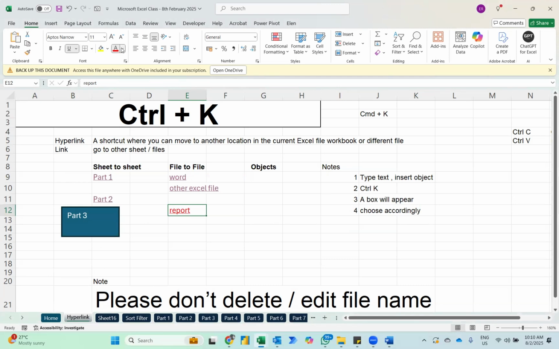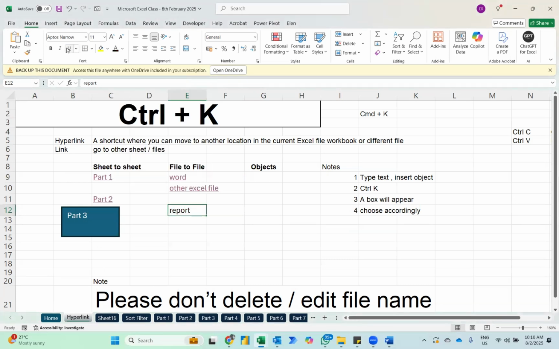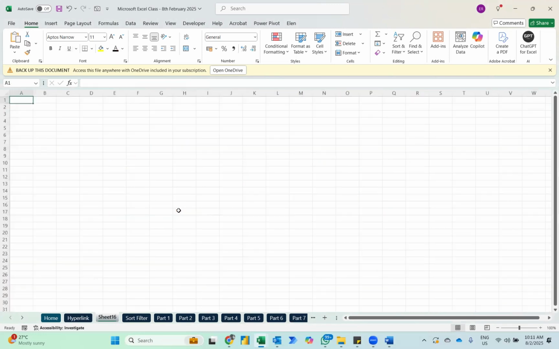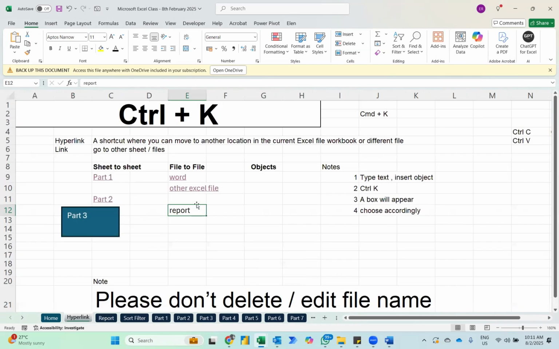You can actually change to a dark color so can, black color. You want to remove underline also can. Alright. And then when you click it over here, you will notice dia akan pindah kepada sheet 16. So now if just say I want to rename the tab. Okay, saya nak tukar nama dia. So I just tukar nama kepada report. So now when I go to hyperlink and then when I click it over here,